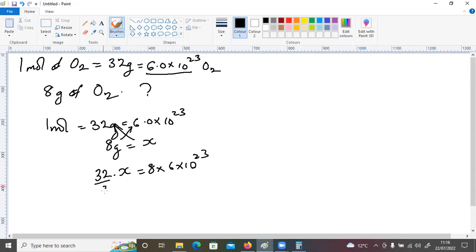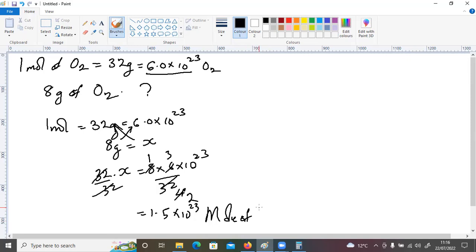I divide by 2. I divide by 2. And then 8 divided by 2 is 4. 6 over 4, I can divide by 2. 2 by 2, 3. 3 over 2 is the same as 1.5 times 10 to the power 23 molecules of O2. All right. Okay. If someone asks me something like, what's the mass, or what is the number of particles